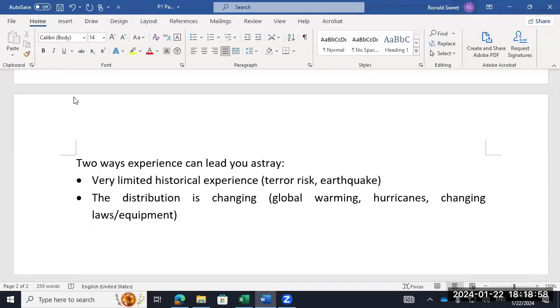So there are 2 ways experience can really cause you problems. And you need to give those 2 ways and talk about them. He gives a few examples here. One is you have very limited historical experience. It just doesn't happen much. The best example is there, and I love it if you think of another one. Terrorism, which is what he's talking about, terrorism risk, there hadn't been that many events. And then the other one I mentioned with Northridge, earthquake. There just had not been that many major earthquakes. So not much experience. That doesn't mean the risk isn't there. It just means it hasn't happened yet. So limited data. Can y'all think of a third one or a fourth one?